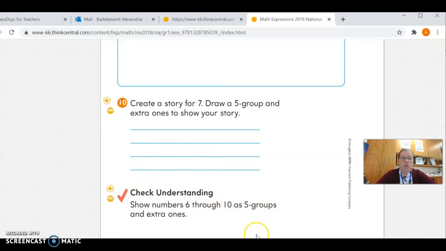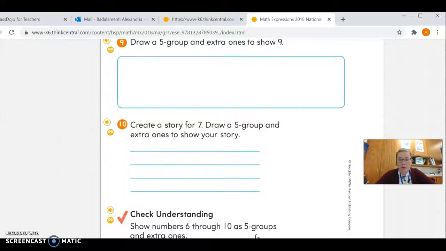And the check for understanding. Show numbers 6 through 10 as 5 groups and extra ones. Now that's something you could just do on your fingers. So number 6 would be 5 and 1. 5 plus 1. 7, 5 and 2. 8, 5 and 3. 9, 5 and 4. And 10, 5 and 5. Very good. Then friends, if you could find that homework and remembering,